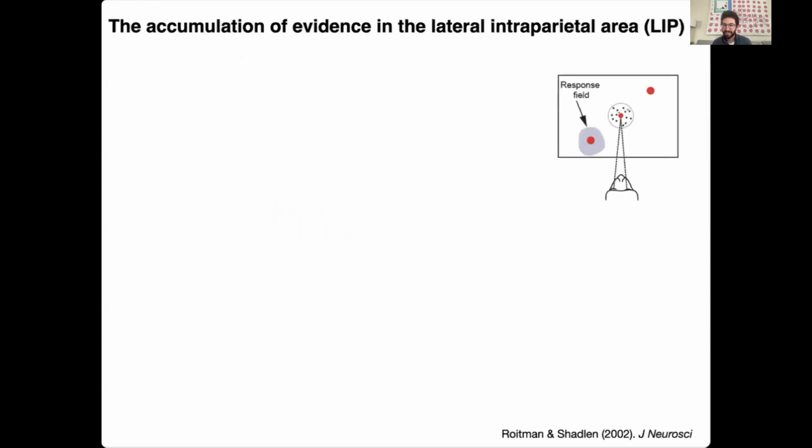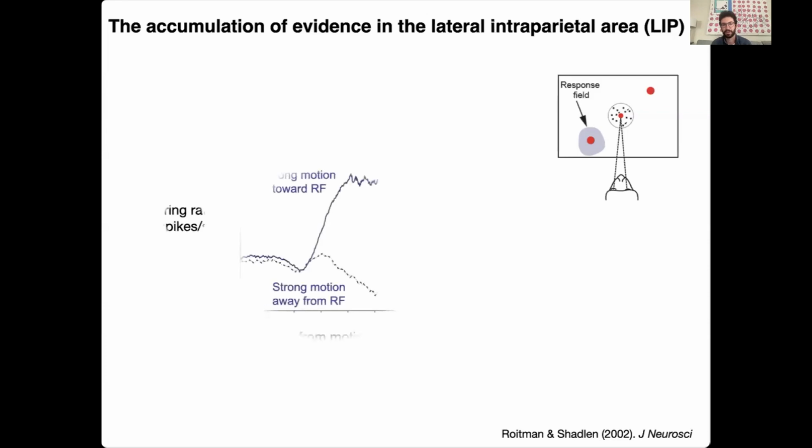Okay, so the classic work in this task has been done in an area called the lateral intraparietal area. The main thing you need to know about this area is that neurons have spatial response fields. So they have parts of the visual scene that they care most about. And when you place a choice target within one of these response fields, average activity, so here I'm showing you the average across many neurons, across many trials, looks like what you'd expect from these bounded evidence accumulation models on average,